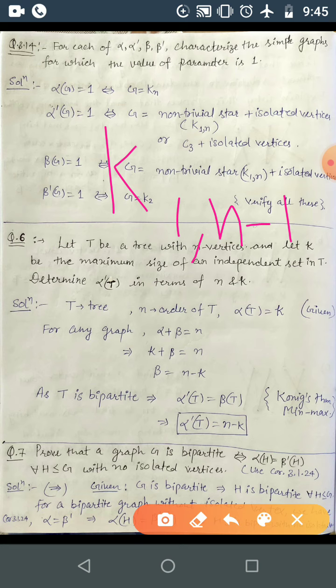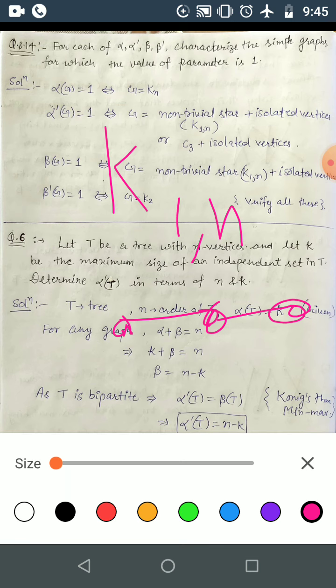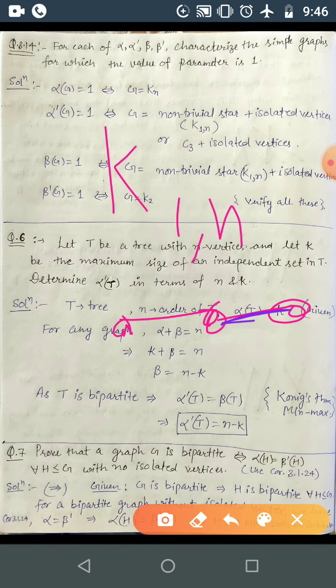Okay, so here if the order is n plus 1, then you can write K1,n. Now the star K1,1 is this one. Here alpha dash is 1, so you have one edge and that is independent. Now K1,2: this is 1 and these are 2. Here you can just take one edge, and the other depends on this one. So alpha dash is 1, correct.